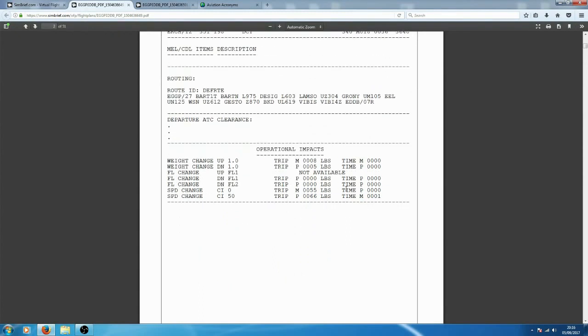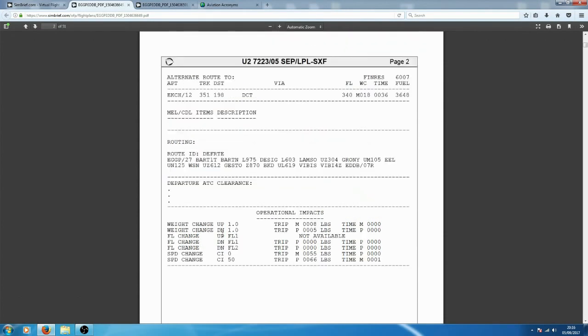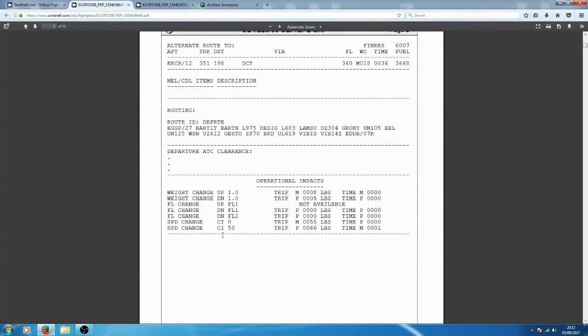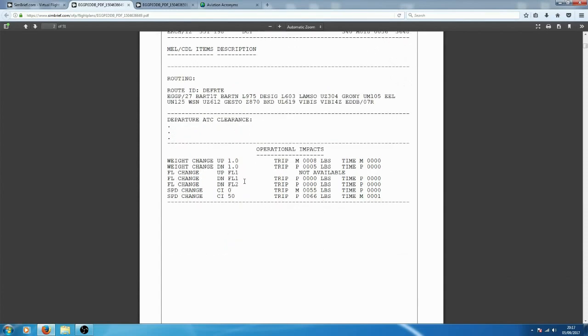Moving on now, these are your operational impacts. These essentially give you your limitations just in case you do need to change anything. So weight change can be up to 1 ton up, weight change can be up to 1 down, and I believe what these mean is that you can change it and you can actually write on top of it without having to get a new flight plan. So just very basic